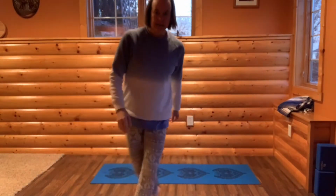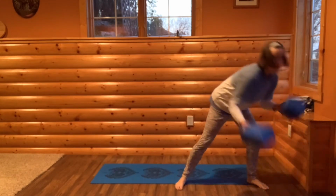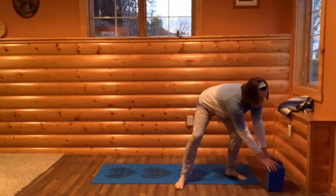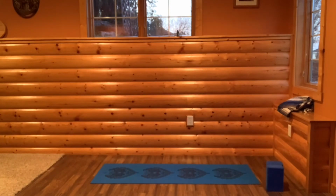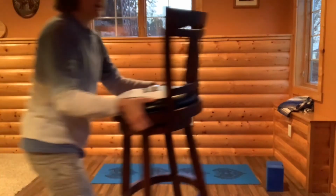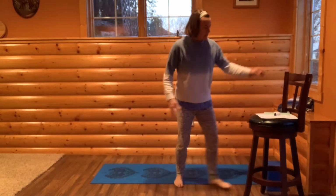So let's get started. For today's practice, it will be really helpful to have blocks. If you don't have blocks, you can also use a chair. I was going to have the chair over, but we'll just have this to the side. So let's start